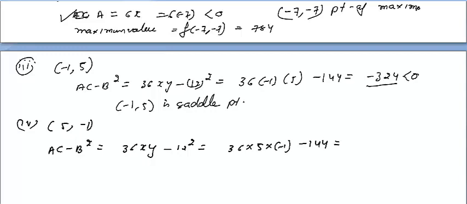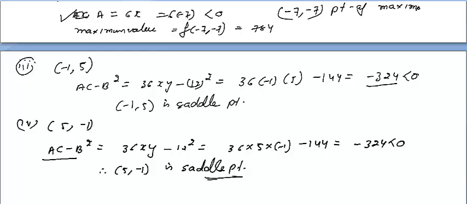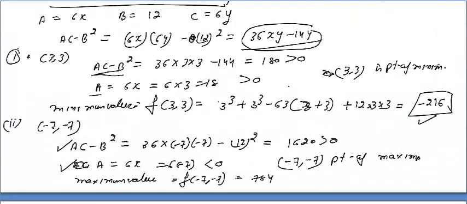So you can calculate this value. You are getting minus 324, the same value. So again you are getting this negative. Therefore 5, minus 1 is a saddle point. So these two are the saddle points, and 3, 3 is the point of minima, and minus 7, minus 7 is the point of maxima. So students,